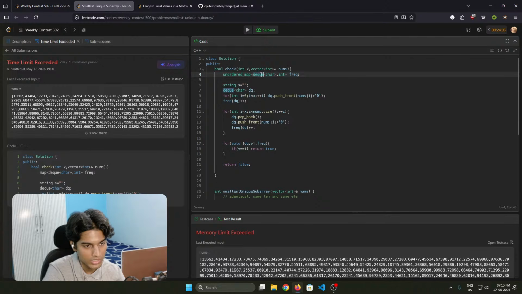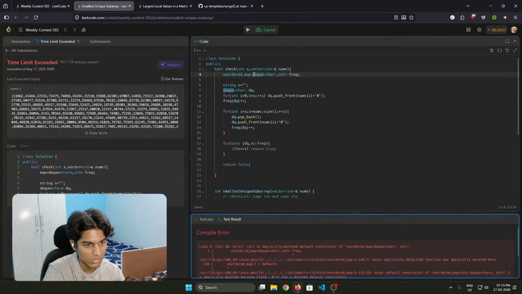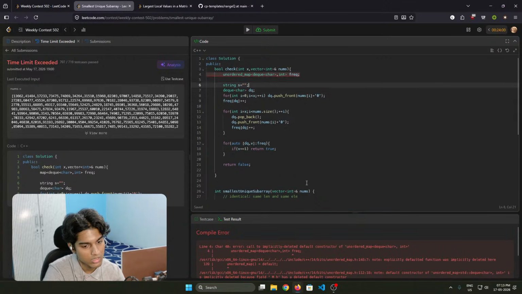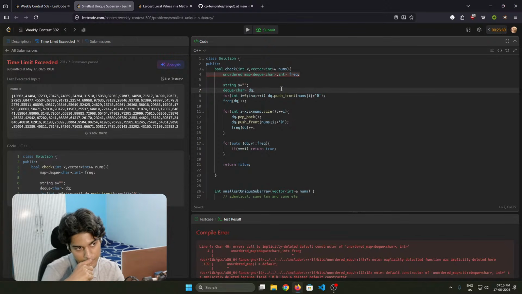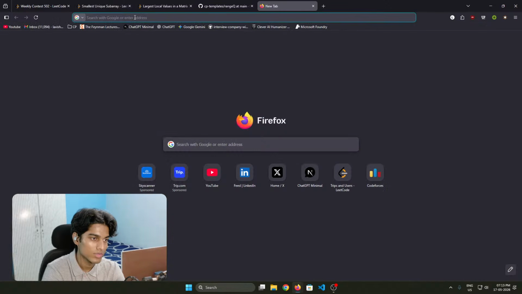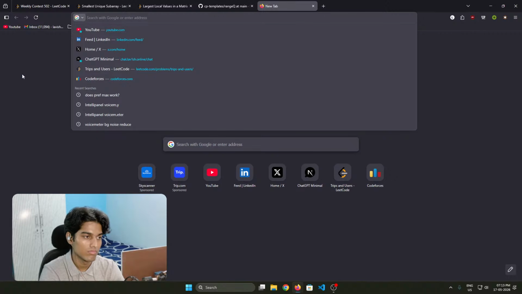This is not gonna work, right? It requires hashing, so I need like an integer or probably a string is going to be fine. So